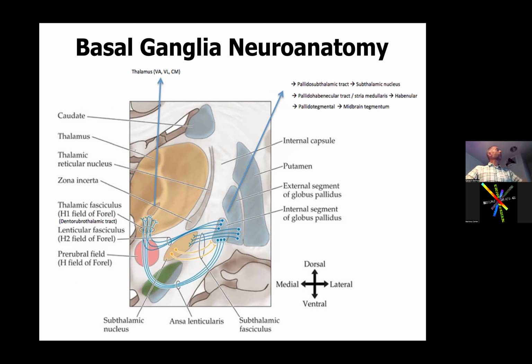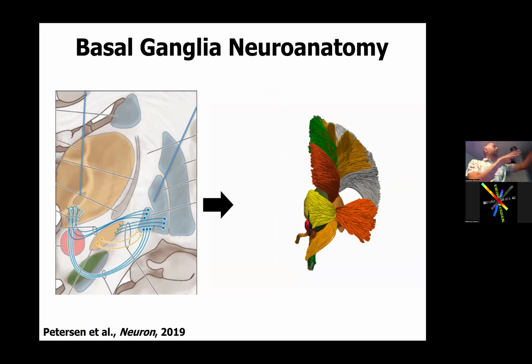But the things that we do want to stimulate from a therapeutics perspective, we have barely any understanding of what they look like anatomically, right? These are anatomist drawings from the 60s and 70s that tell us there are these pathways that connect the globus pallidus, here in blue, to the thalamus, and the subthalamic nucleus, here in yellow, to the globus pallidus, and so on and so forth. But at least 15 years ago, we didn't have a realistic representation of what these things looked like, right? And so to do the kind of stuff that our lab wants to do, we need a picture more like the one on the